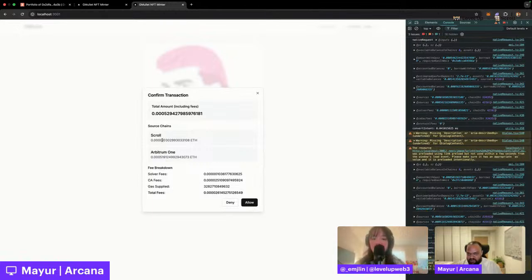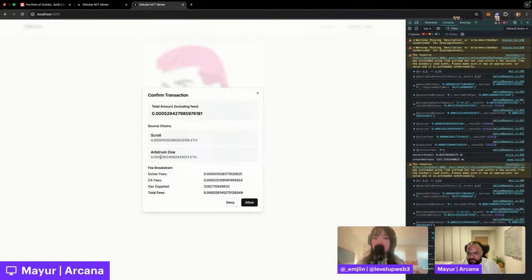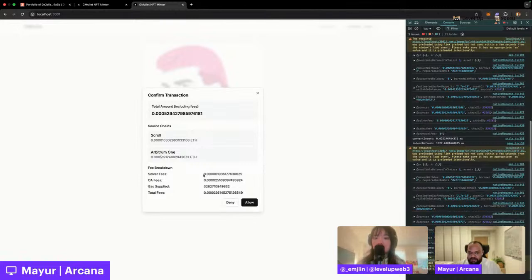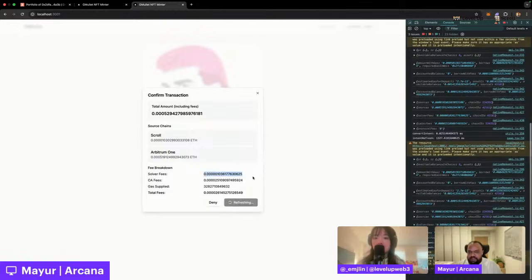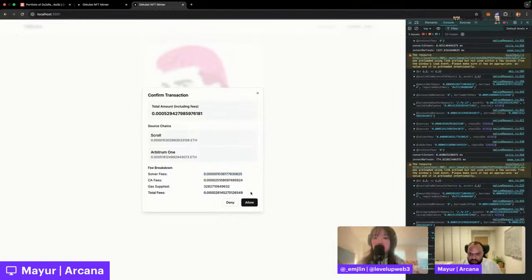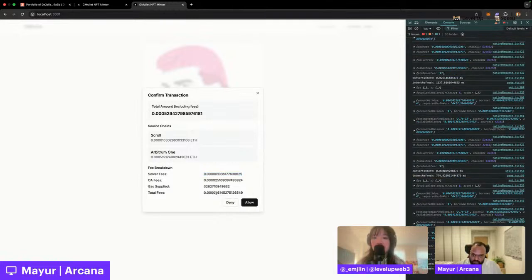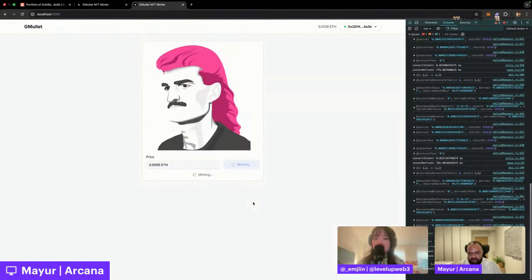You have very little on Scroll, but you have more on Arbitrum. And for a fee, we can make all of this happen, right? And so for this total fee of 0.00002 ETH, which comes from my Arbitrum balance, I can go ahead and make this happen. So all I will do is say allow.